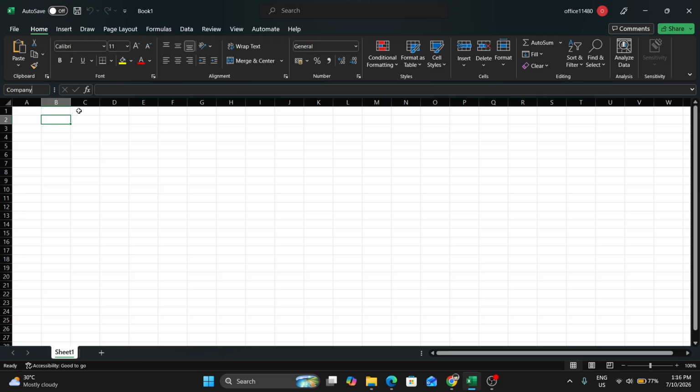Once you've typed your desired name, press enter. That's it. The cell is now named. From now on, that cell can be identified by the name you entered instead of just its row and column address. This can help when navigating through a workbook and can also make your Excel work feel more organized and